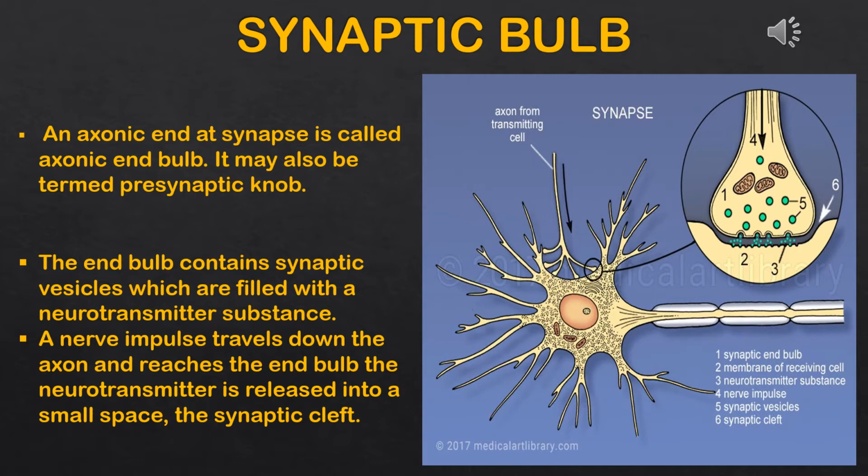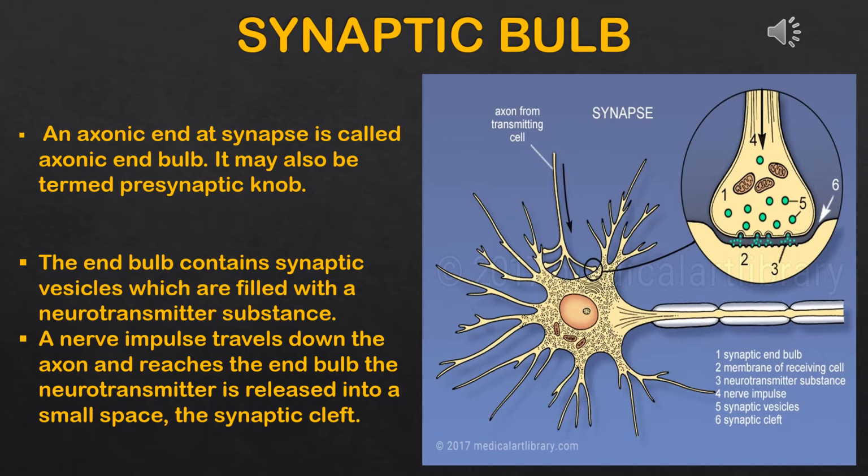So let's start. A neuron is the structural and functional unit of the nervous system. It is made up of the cell body called cyton and an elongated projection called axon. The cell body consists of cytoplasm and the nucleus. It gives out branched cytoplasmic projections called dendrites for receiving stimulus and transmitting nerve impulse to the cyton. The axon is the conducting unit of the neuron arising from the cell body.